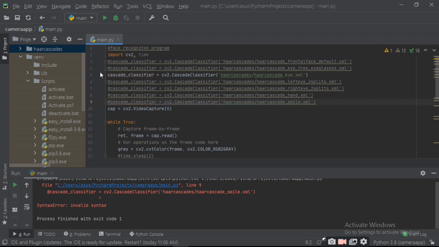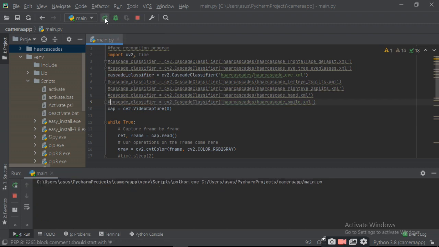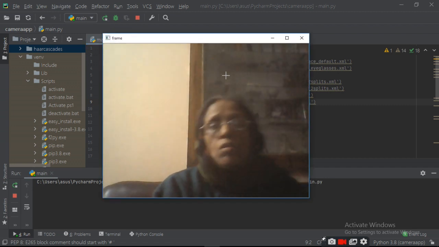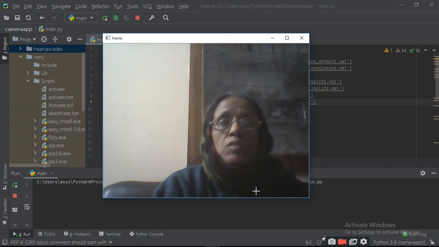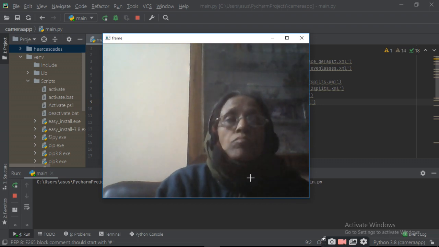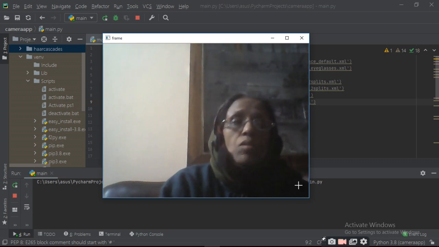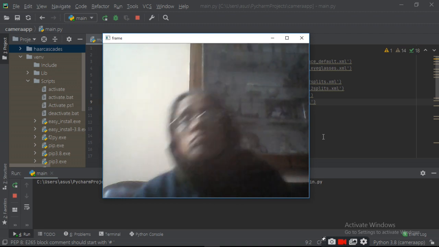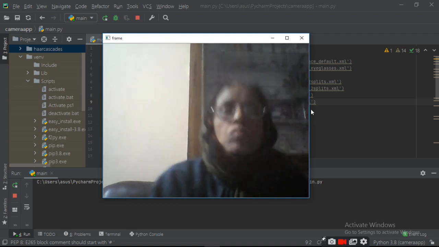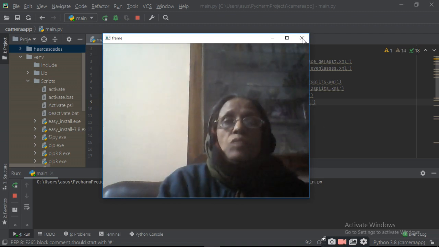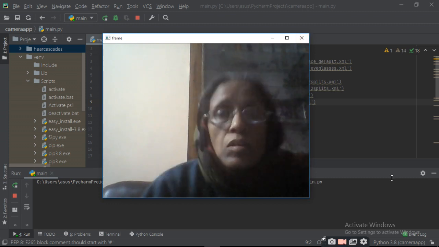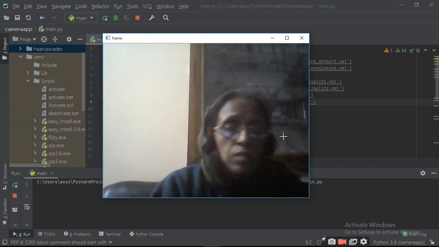An at sign had come in here, that is why it was not running. Now run it. Let's see whether it is recognizing or not. There is some problem in it. So the classifier is not well defined and it is not recognizing.